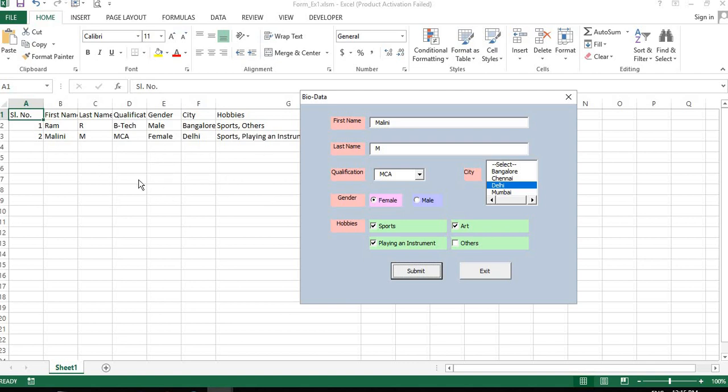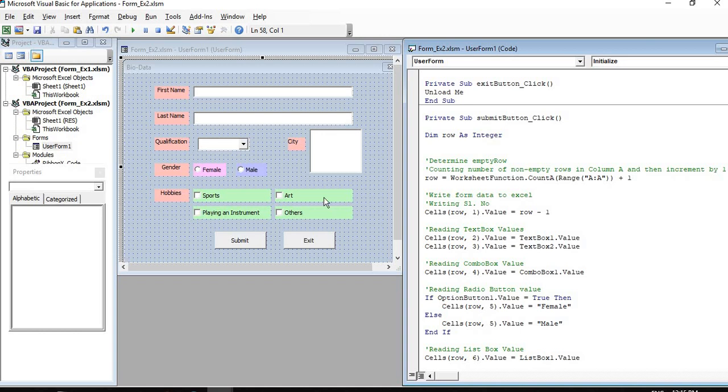So this is how, when we are entering the form data and click on the submit button, it is going to insert into Excel in each row. Each person's biodata will be inserted in each row. I am giving a serial number also, so that later it will be helpful for us. Exit will take you back to Excel.